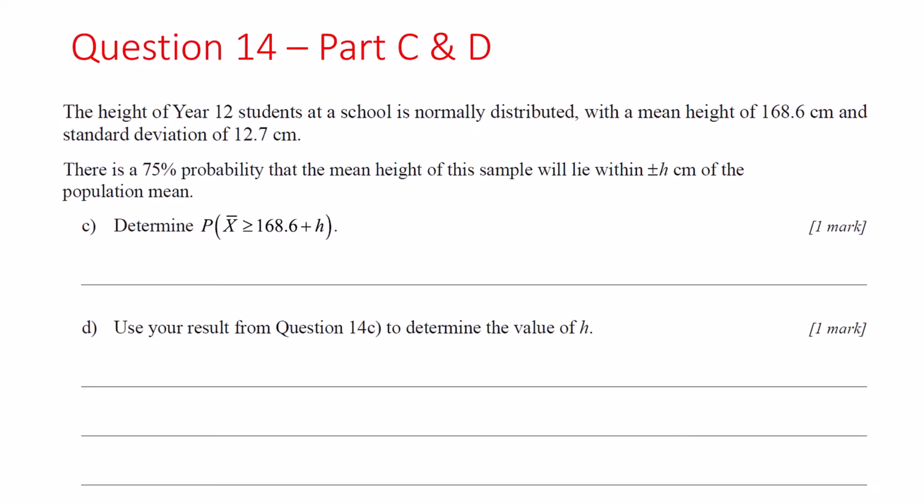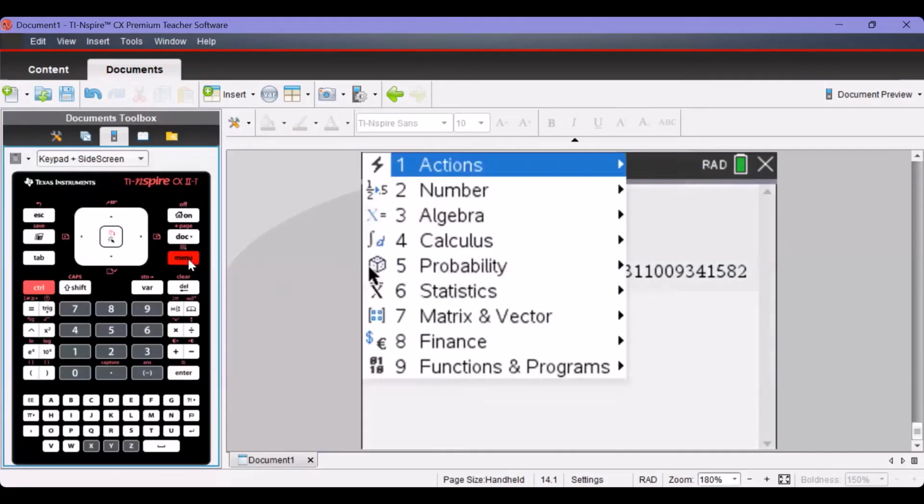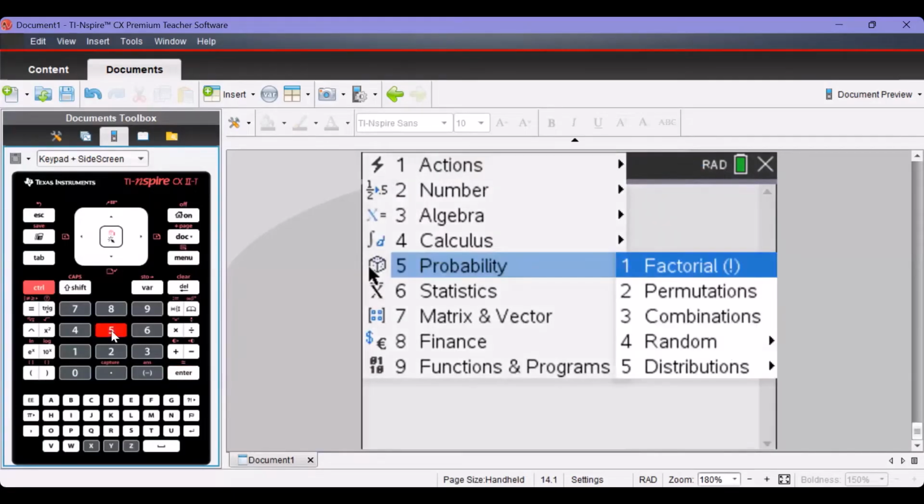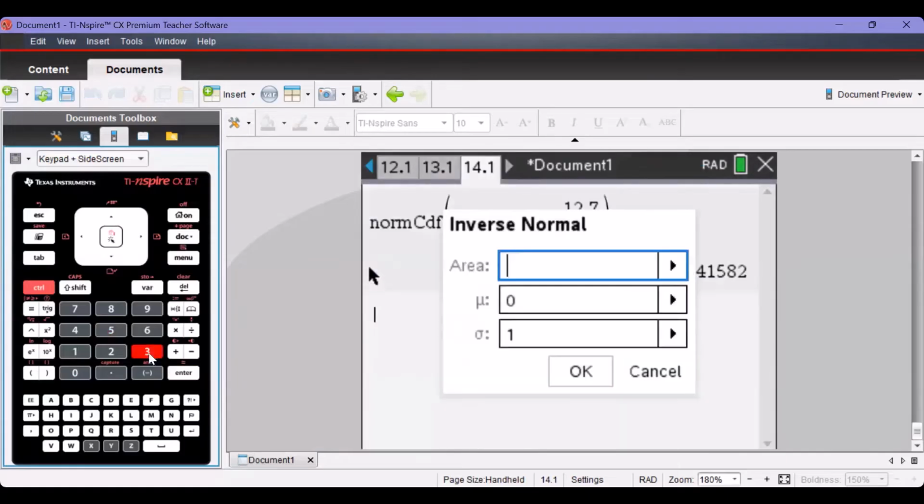In part D, we are asked to use the result from part C to determine the value of h. So what we need to do now is find the critical value, if you like, and equate it to 168.6 plus h. To do that, we use the inverse normal command. So we'll press menu, 5 for probability, 5 for distributions, 3 for inverse normal. Now, that required probability in part C was 0.125. So for the inverse normal, the area that we need to enter here is to the left of that. So that's 0.875, or 1 minus